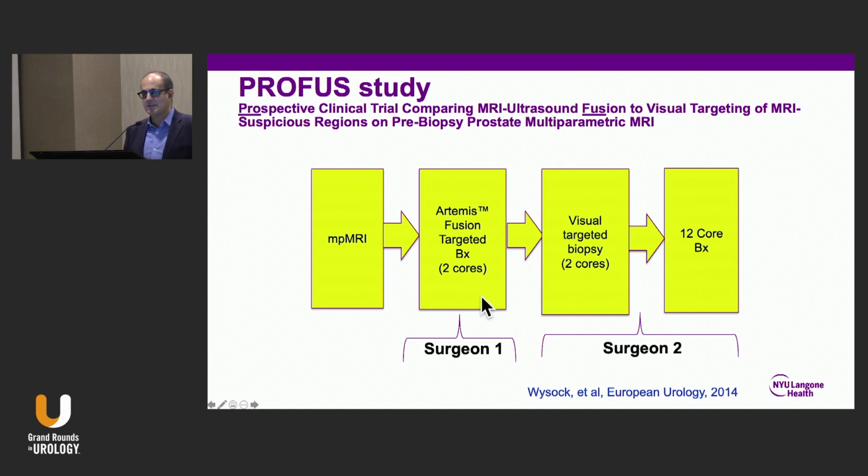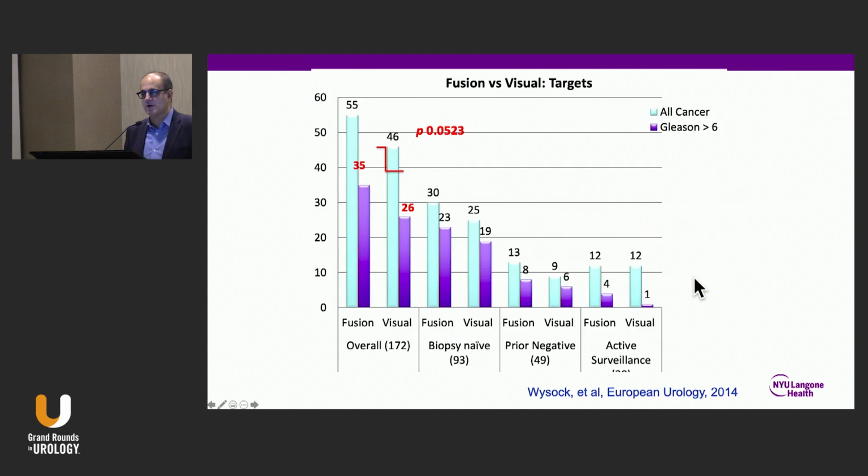What we did was basically do biopsies in men in which one surgeon would go in and do a fusion targeted biopsy, and then another surgeon would come in and do a visual targeted biopsy blinded to the results of the fusion, and then a 12-core biopsy. And we compared visual targeting with fusion. We showed equivalence, although the p-value you can see comes pretty close to significance, and we may have just been